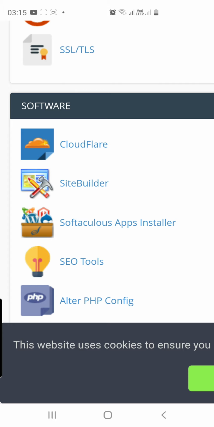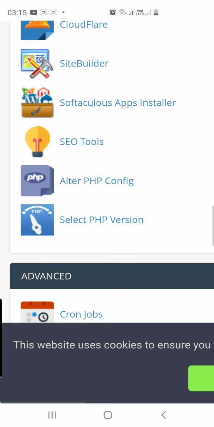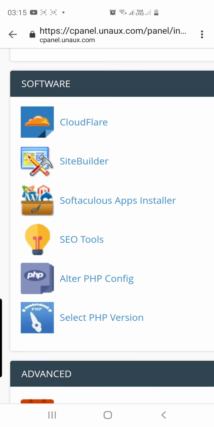So what is the software you need to host this website? Here you have a couple of details. Basically, under software there are quite a few things, but I'll list two important things you might need from here. One is called Softaculous app installer.